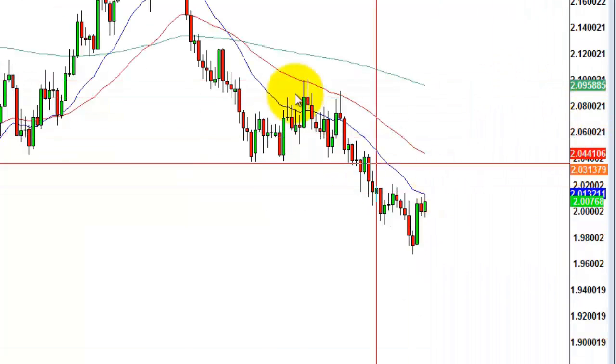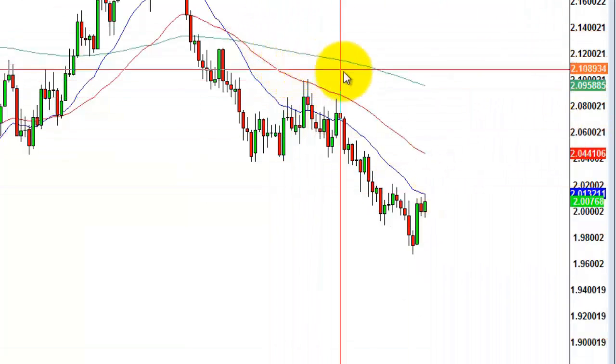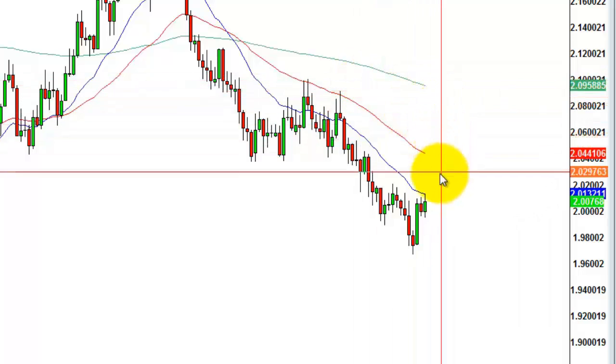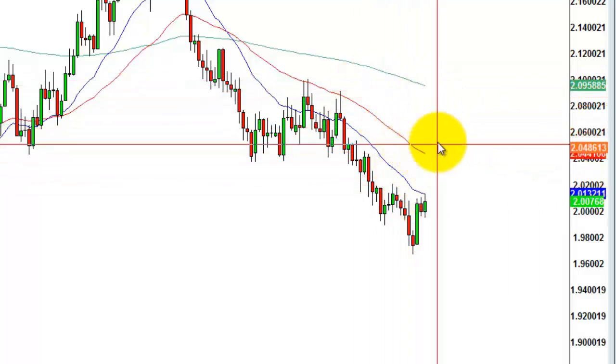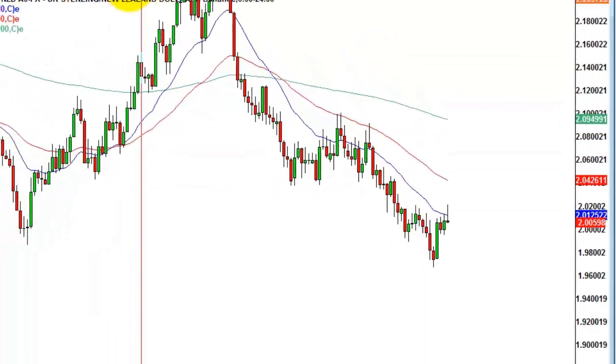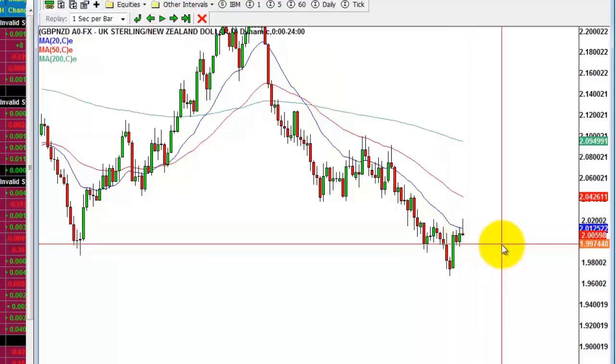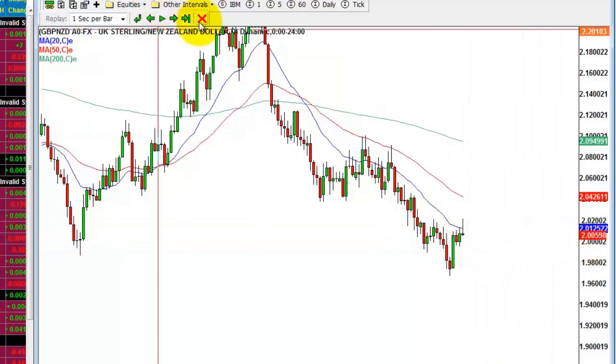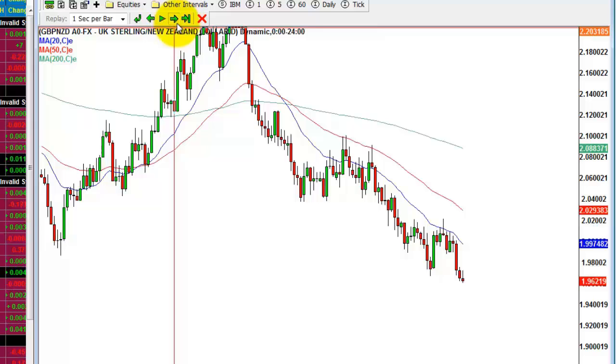Here we've got pound New Zealand, we've got the moving averages here starting to separate out. We've got good order, 20 below the 50, 50 below the 200, and we're starting to get a decent run to the downside. Got a high test bar here, great. Looks like we've got a fantastic opportunity to sell. Hit target,